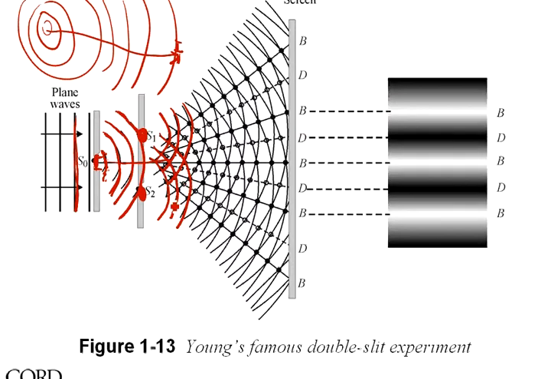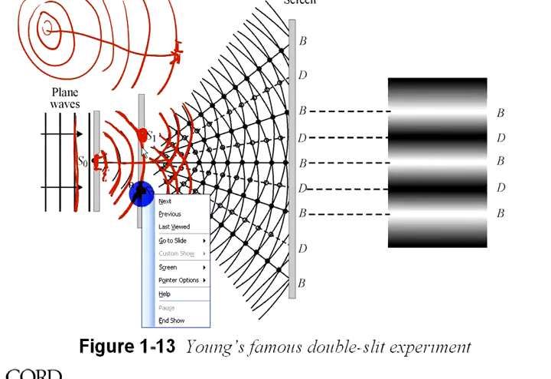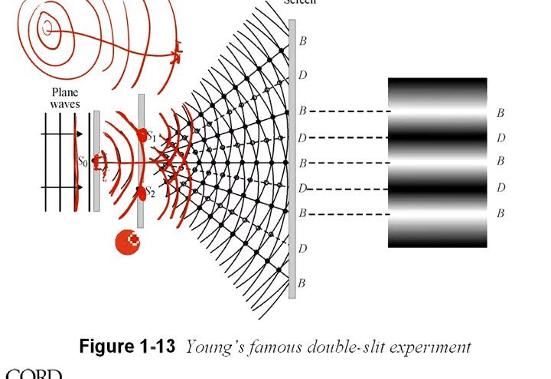Down here, these are wave fronts produced by S2. Because S1 and S2 are on the same wavefront, they are in phase. And because they are in phase, these secondary wavefronts are in phase. Okay? Now, this secondary wavefront will start mixing. Remember we talked about mixing of light last